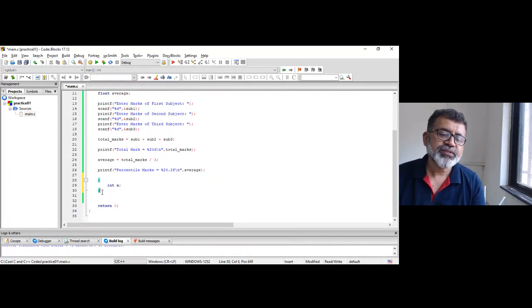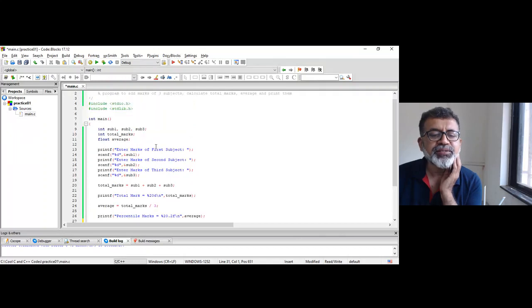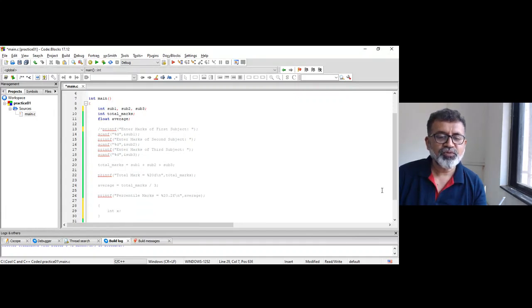Inside a curly brace. And if I compile this program, I will comment this. No point in again entering this whole input output. I will comment this.